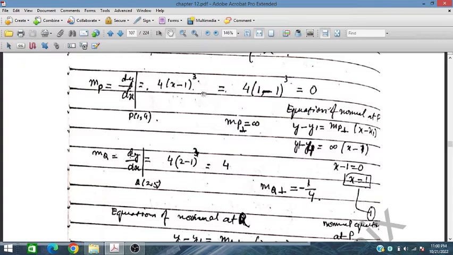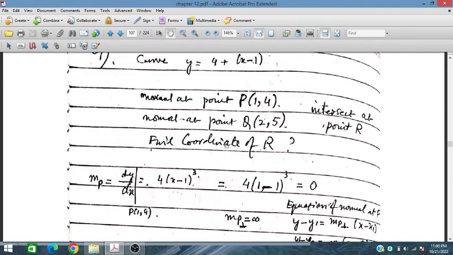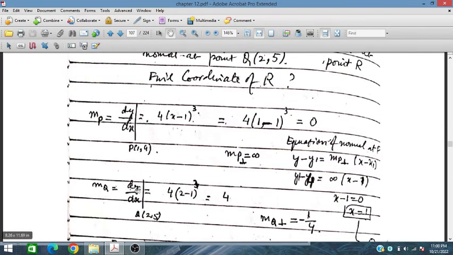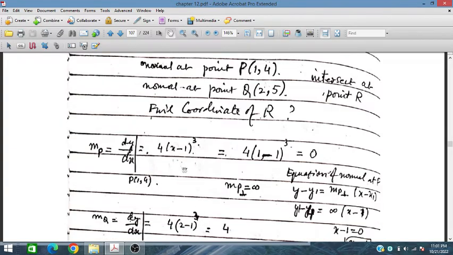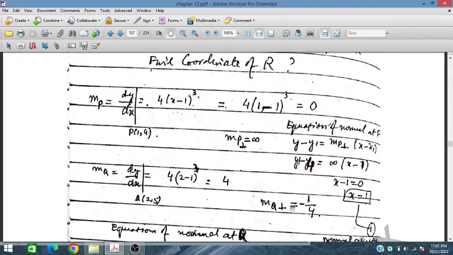And now the gradient at point Q. So the gradient at point Q is 4, 2. So we'll place it, 2, 5. In this place we will place 2. This is placed here, so it gets 4. So this is 4. So the gradient at point Q, the perpendicular gradient for the normal equation, we have this